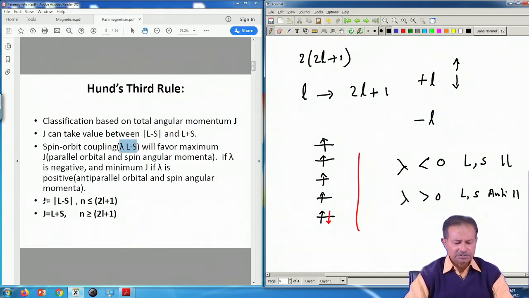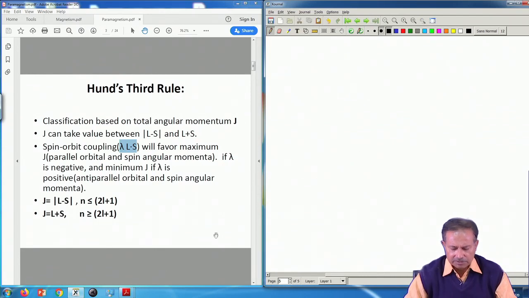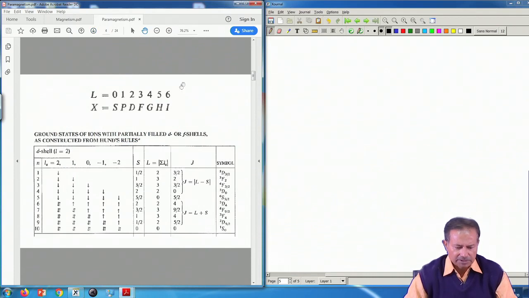And correspondingly, the J values are J equal to L minus S for up to half filling, and J equal to L plus S for greater than half filling. So, that is how you have to organize your atomic orbitals. The example is